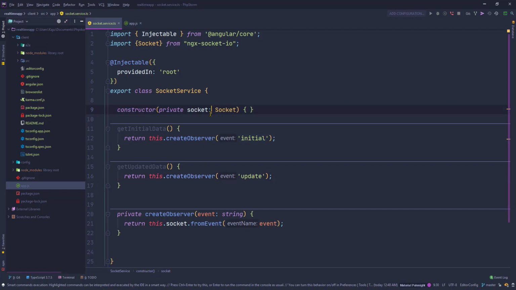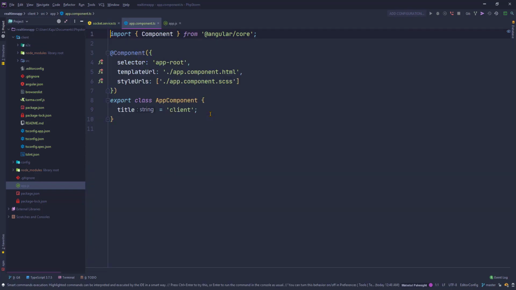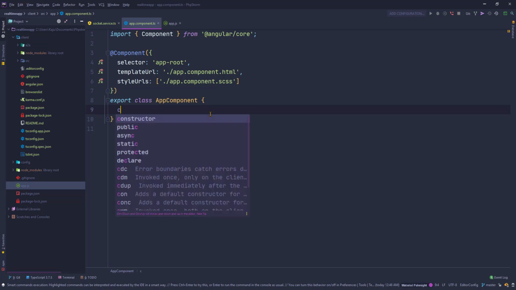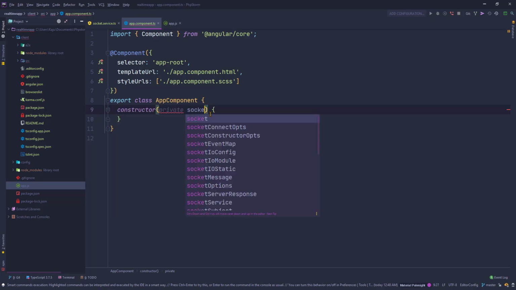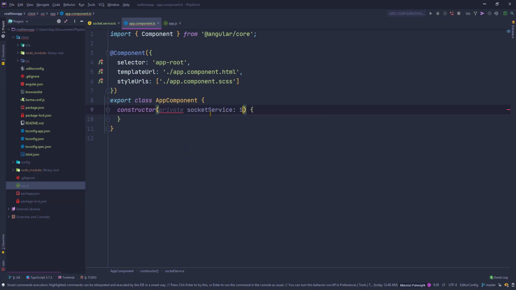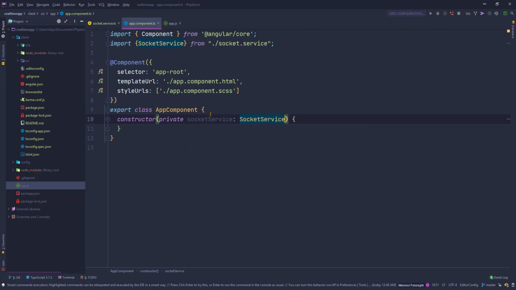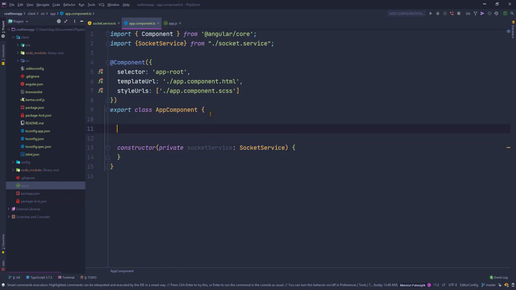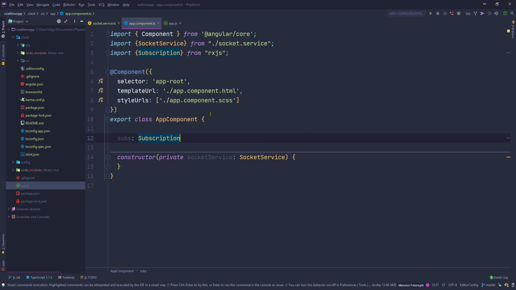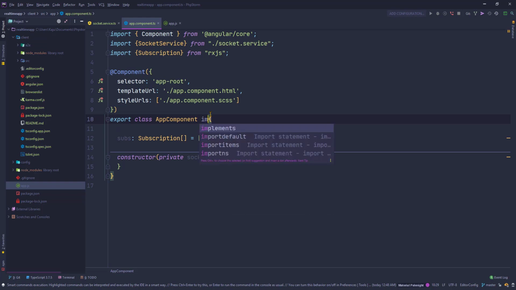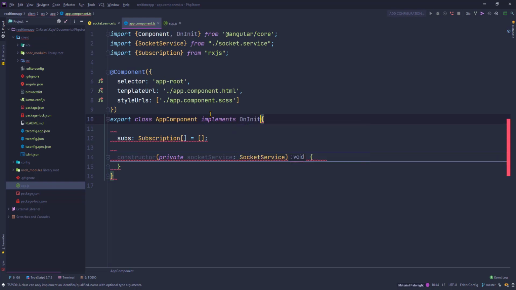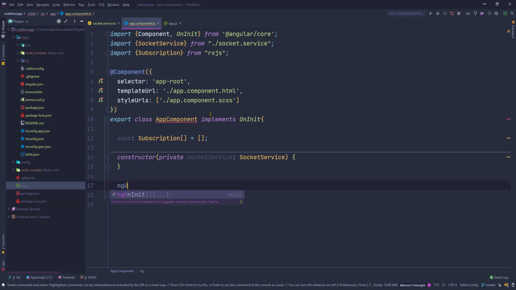Let's go back to the app component.ts file. I'm going to check the socket service here using the Angular dependency injection, and create a variable here, subs of type subscription array, to store my subscriptions. And I also implement the OnInit interface, and we'll create the ngOnInit method here,